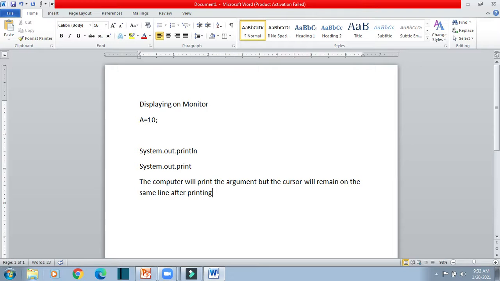Whatever you want to print, the computer will print it, but the cursor will remain on the same line after printing.